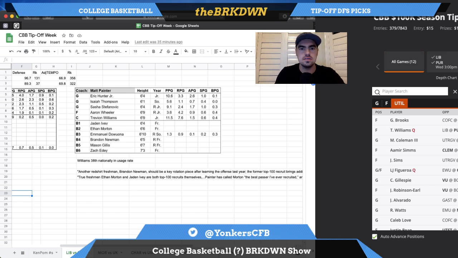He was 38th nationally in usage rate a year ago. He's a good efficient scorer down low. I think he's fine in this matchup. If we take a look at pricing,